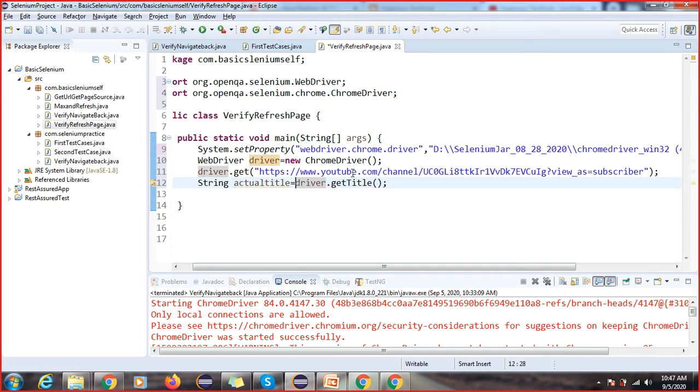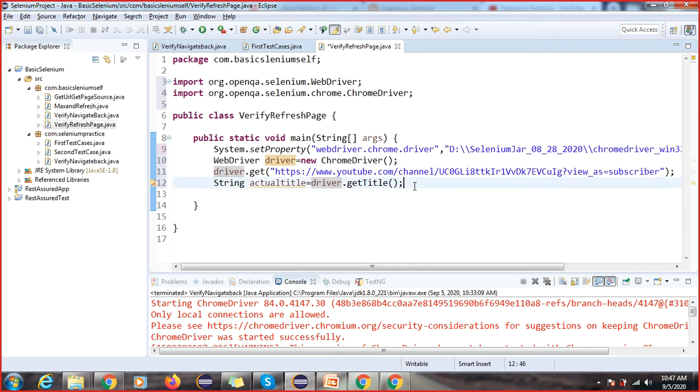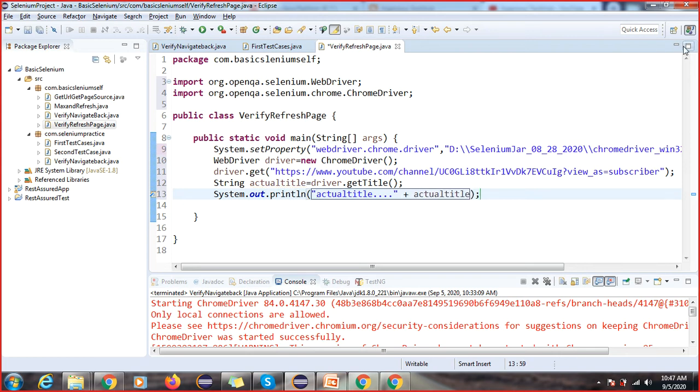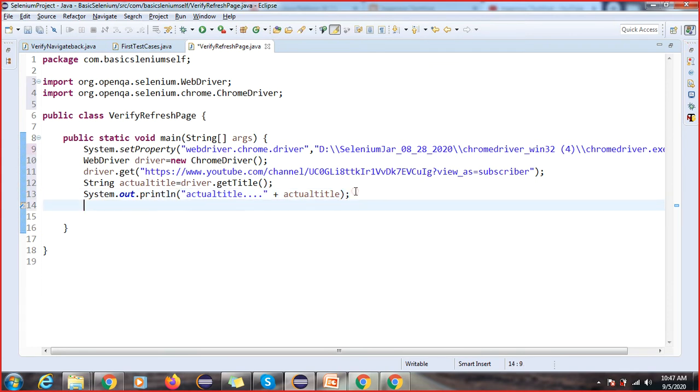So now the actual title. Again the steps are the same. That's why I ask you, if you have any doubt, because I am using the same steps, and if you are not able to understand that, then your session will not be useful, right? So we have to understand everything you are writing in the code.